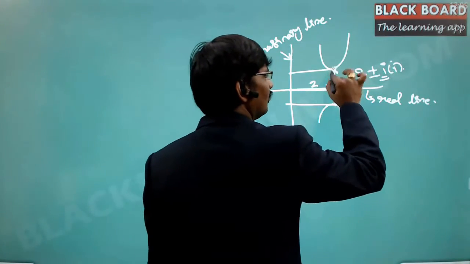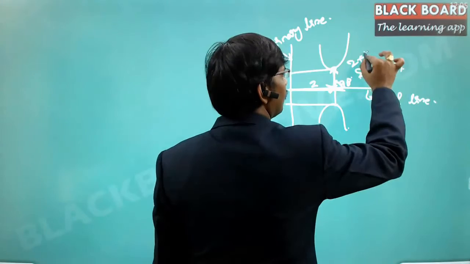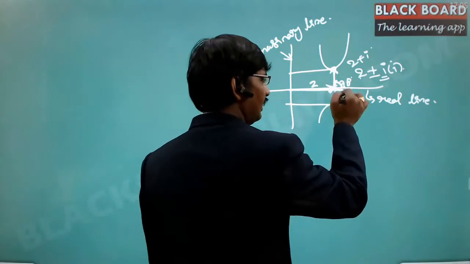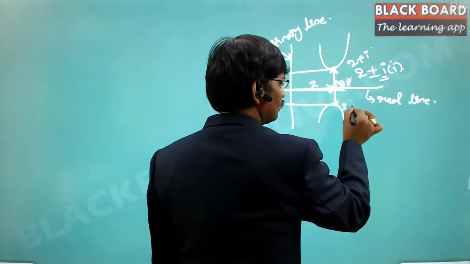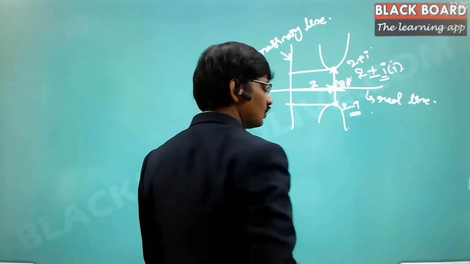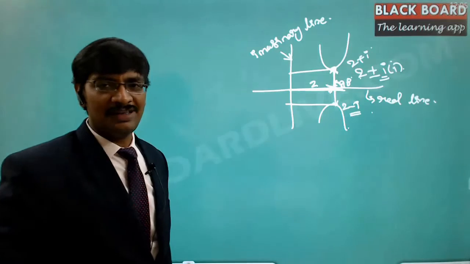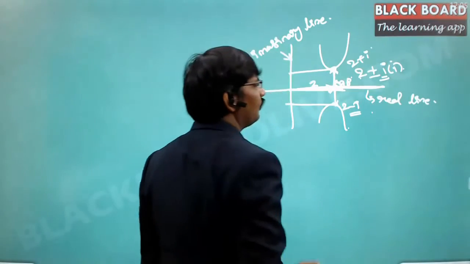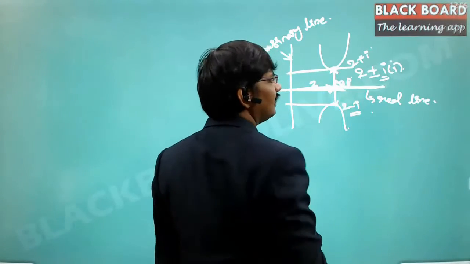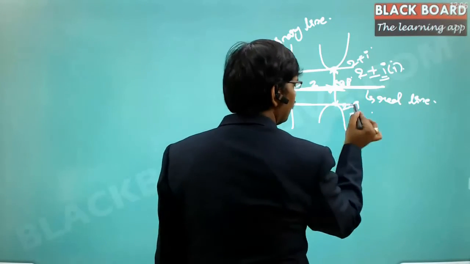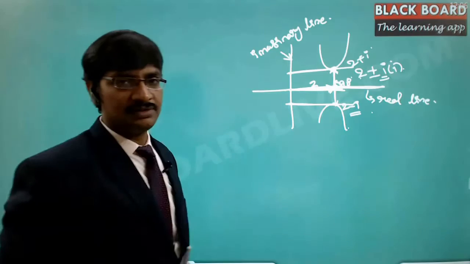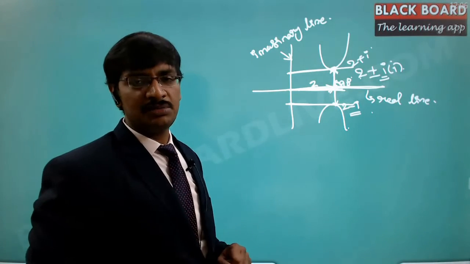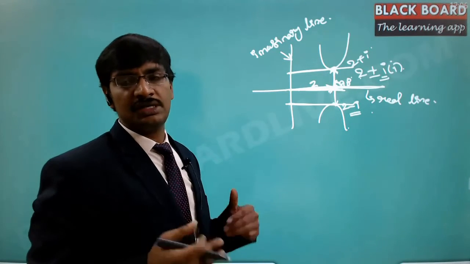So this is the point we are talking about, that is 2 plus i. If you take minus i, that means the direction opposite to i, which is this direction. There you will find one more solution. So these are the two solutions that are available. Rather than sketching on the straight line, if you sketch on this line, you will find one solution, and if you sketch on this line, you will find one more solution. That's exactly what we mean by giving the imaginary answers. That means there is no real solution.